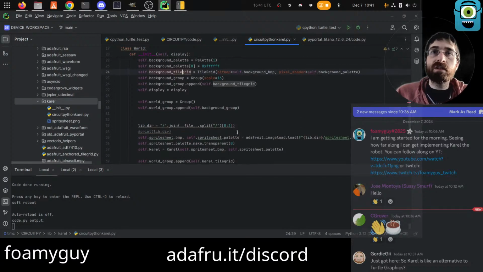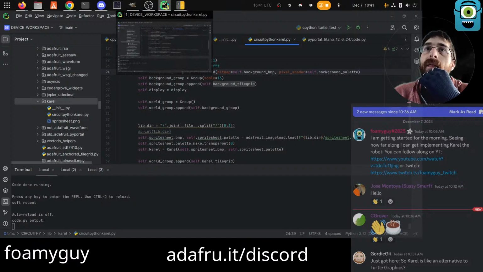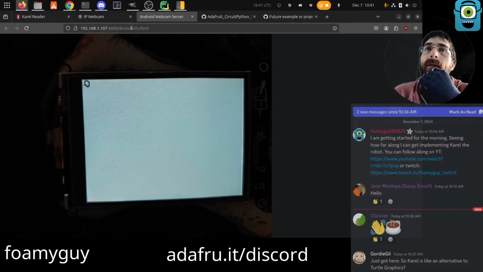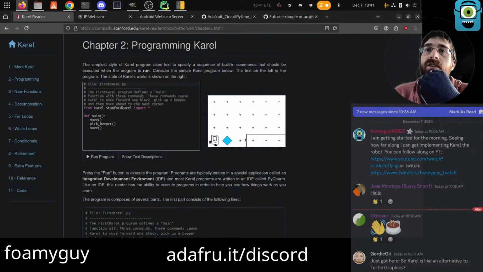We need a world tile grid, which is gonna hold all the tiles in the world, which can be either walls, like these are walls that you're not allowed to walk on. The plus signs, they call them corners, which I would say is like